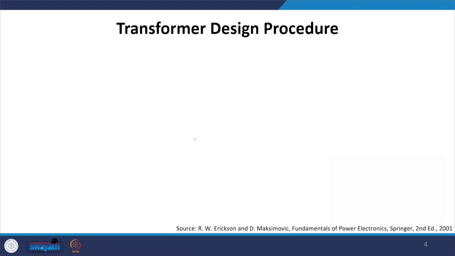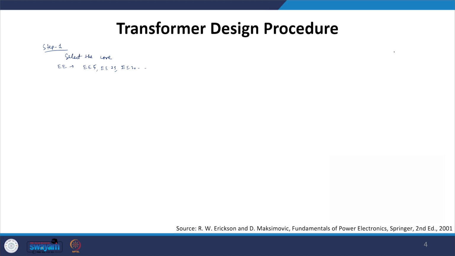Now let us define our transformer design procedure. Let us define our first step of the transformer design procedure to physically obtain the transformer. In that, the first and foremost thing is we need to select the appropriate core. Select the core. That means let us say if we select the E base core, then we have several types of EE core. That means we have EE5, we have EE25, we have EE30 and so on.